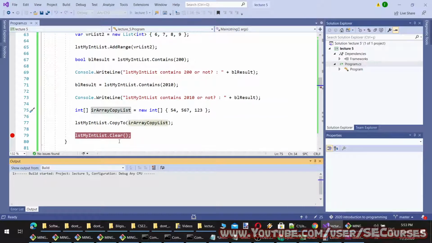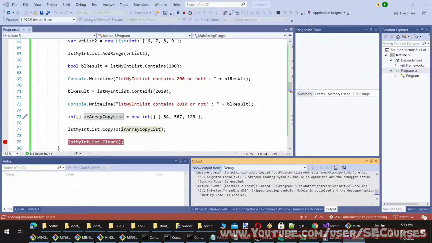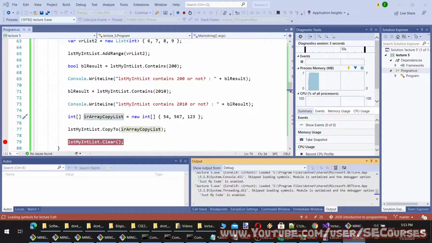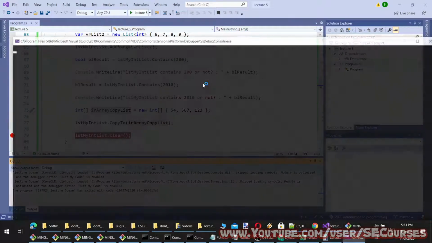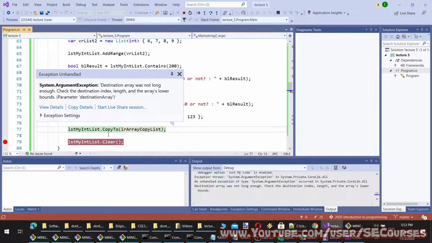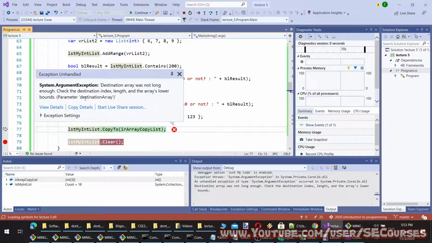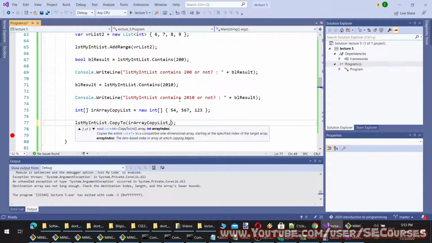Let's try it. It says the destination array was not long enough, so it is not reinitializing, it is just updating the values.